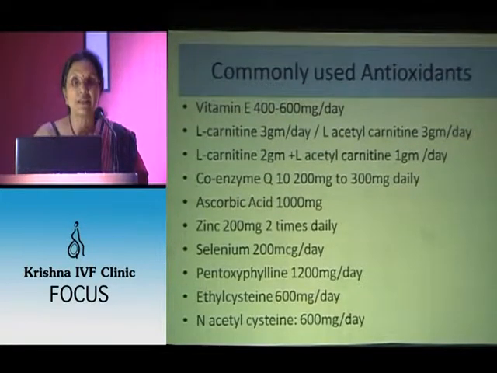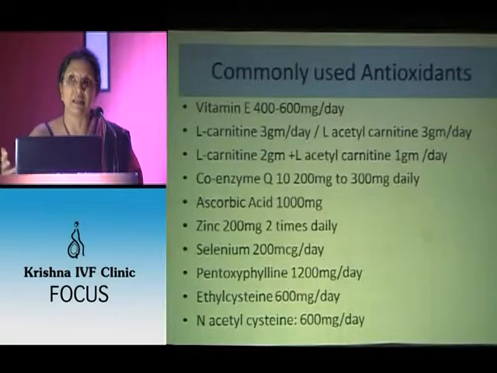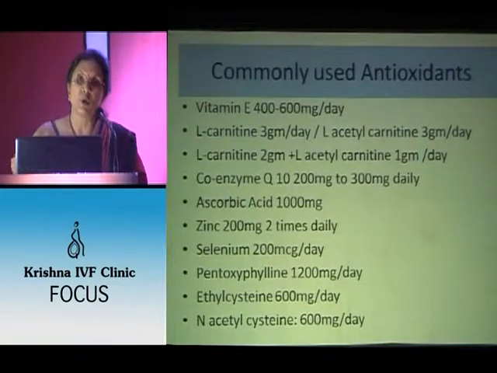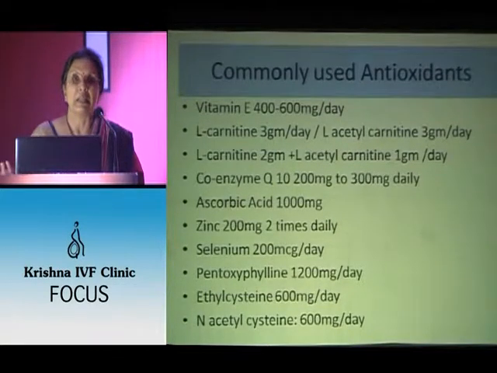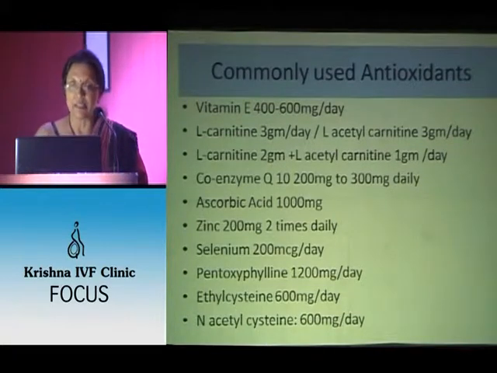They normally clear the normal amount of ROS, but when this amount goes above a level, say more than 30% DNA fragmentation is seen because the ROS is high in that semen, then we need additional support by adding antioxidants to clear out that extra generation of ROS. And the commonly used antioxidants are vitamin E, L-carnitine with L-acetyl-carnitine as combination, coenzyme Q10, ascorbic acid, zinc,